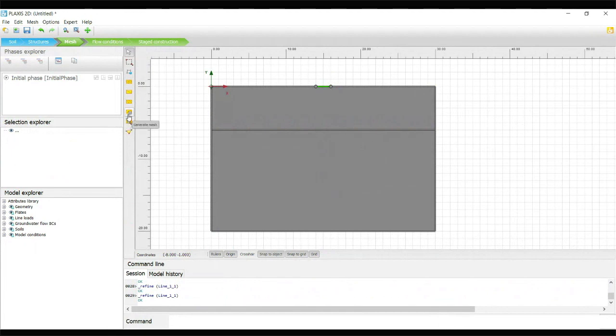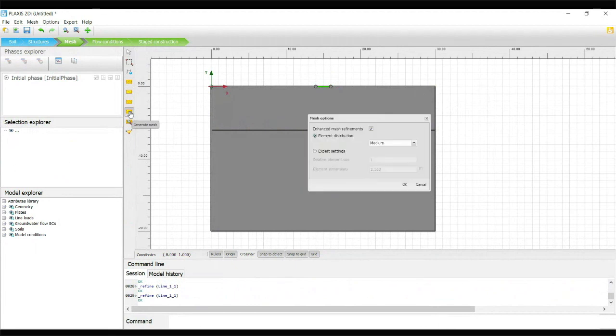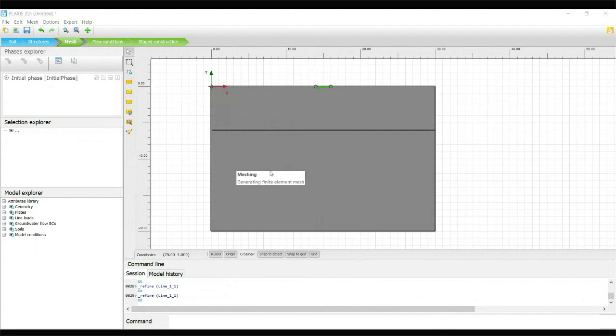So now we are going to use this generate mesh option. Just click. So I generate the medium mesh. Just click OK. Now the program will generate the mesh. So the mesh has been generated, with the total number of elements and number of nodes, which at the bottom you can view. So now we can view the mesh. Go to this tool, view mesh option. Actually it is opening a new output window.